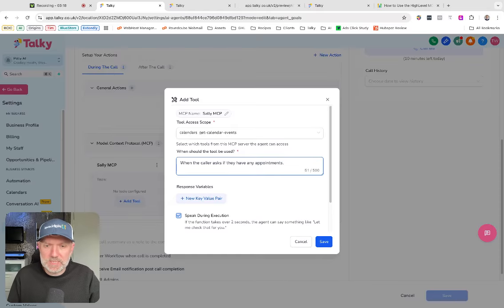So if I would just click save here now, it's not going to know which calendar it is and which user it is. So if you've got multiple calendars and multiple users, it doesn't know where to look. So we naturally need to tell it that. And what I've been doing, you might be able to do it in response variables, not sure. You might be able to do it here. Well, you can do it here. So let's put